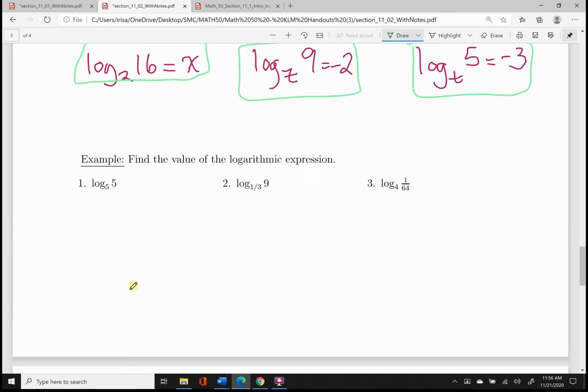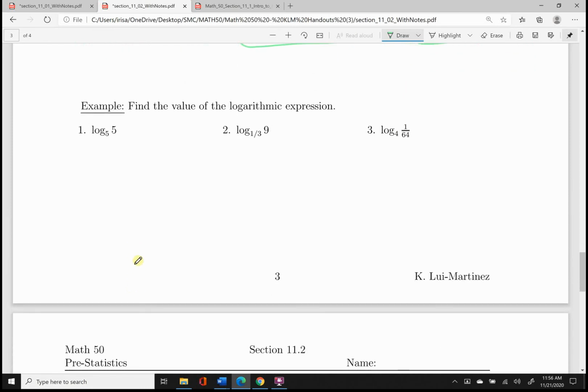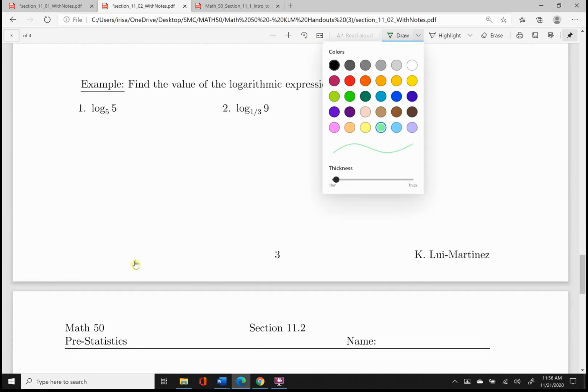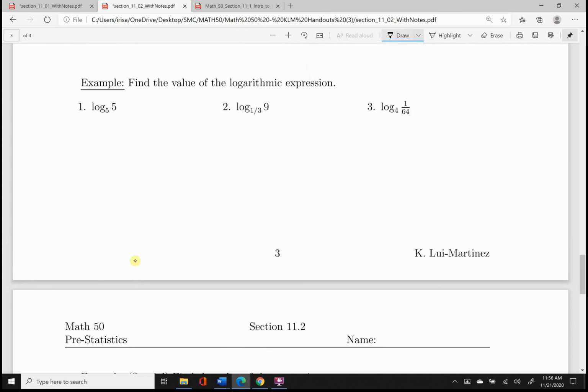Okay, next we're going to find the value of each of these logarithmic expressions, which I'm going to show you my trick to. Okay, my trick is the following. Set each of these equal to x and then convert to an exponential expression and then solve. Okay, so setting them each equal to x, convert